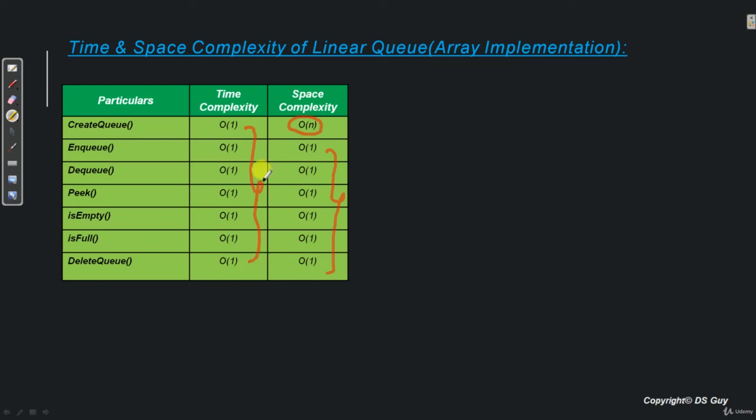Now these numbers are going to get extremely interesting when we are going to implement queue using a linked list. Then we'll see how does an implementation of a queue using an array have different complexity compared to implementing it using a linked list. So that we will see in the later videos. Fine. So with this we come to end of linear queue array implementation topic. In the next video, let's see what is a circular queue and why do we need it.